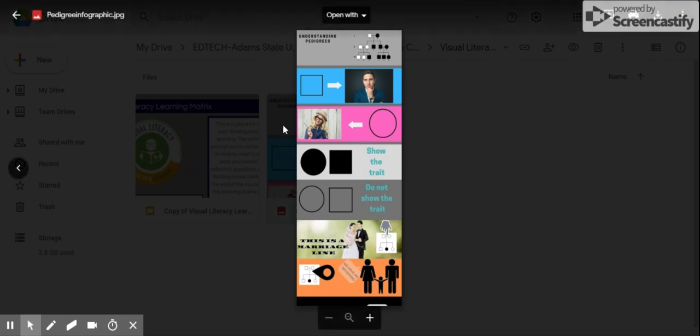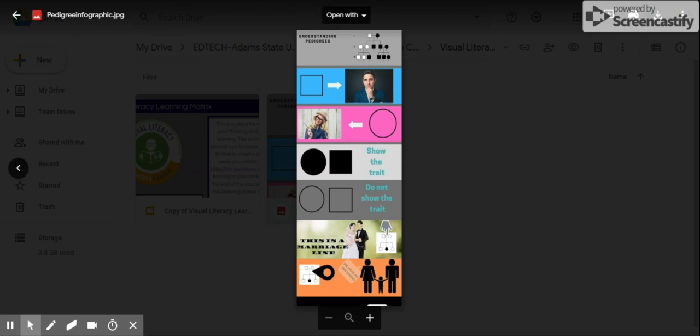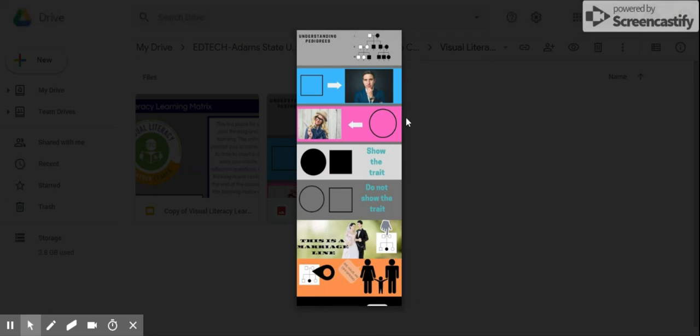as much color background wise or images background wise. And we more or less were just using the straight symbols like you see up here to kind of describe how a pedigree is and what some of those different symbols mean. But then we added a little bit more color to make it pop and be more visually appealing to the students, and for some maybe a little bit more relatable, so that they could